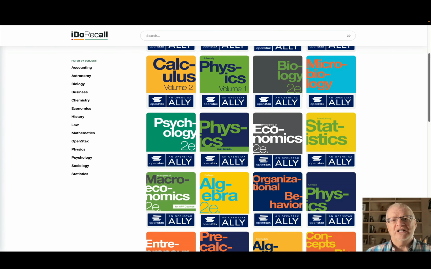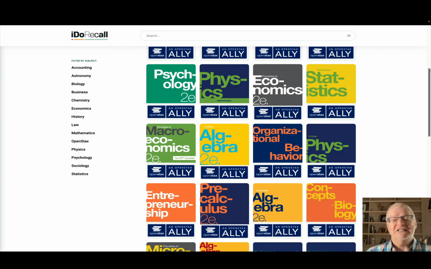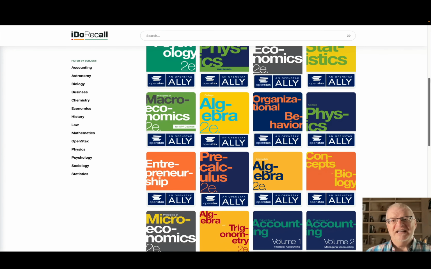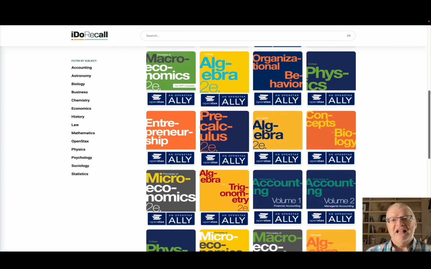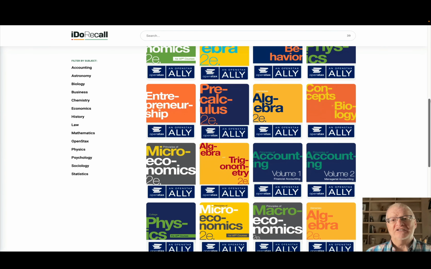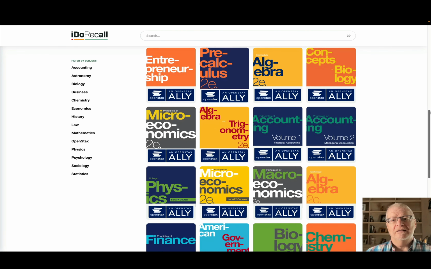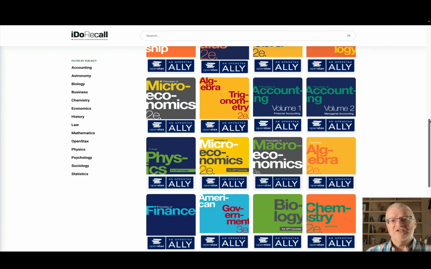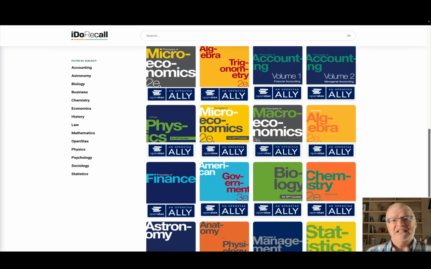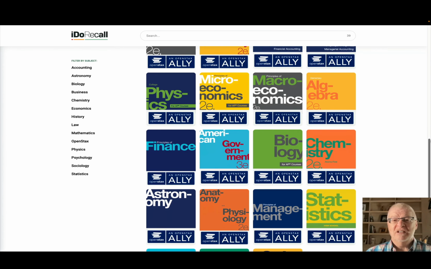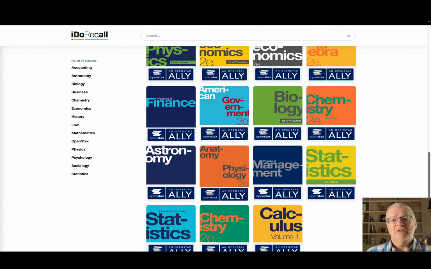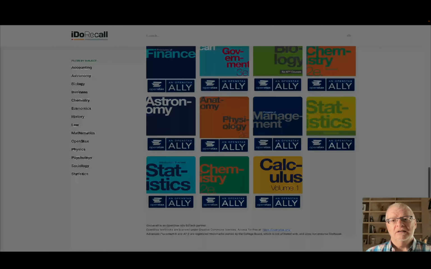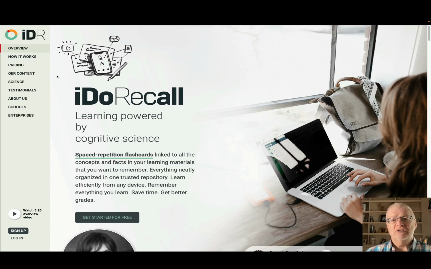Each of these sets of recalls is available for free to anyone. This means that any student, regardless of their means, can create a free iDoRecall account and then access any of the OpenStax flashcard sets that they need. These sets of flashcards are contained within the recalls list of individual iDoRecall groups, the kind of groups that I just described a minute ago, with each group devoted to a single textbook. Let me show you how you and your students can get a hold of this content.